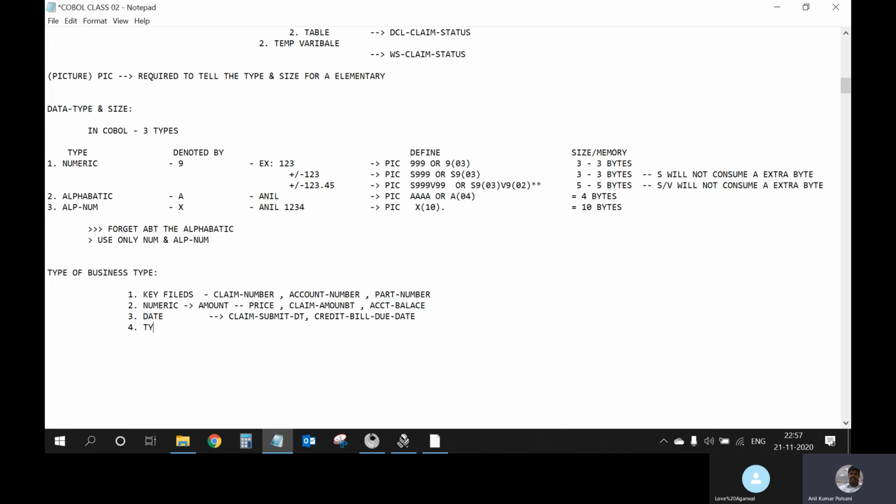Now there is another type, the type itself. If there is a product, then it will have a type. What type of claim it is, what type of account it is, whether it is savings or current, what type of part it is, whether it is a direct part or indirect part. You need to remember the type variable as well. Then come the status variables. What is the status of a claim? What is the status of an account? Is it open or closed? These are the 5 varieties, but of course you can add a 6th variety, which is alphanumeric,